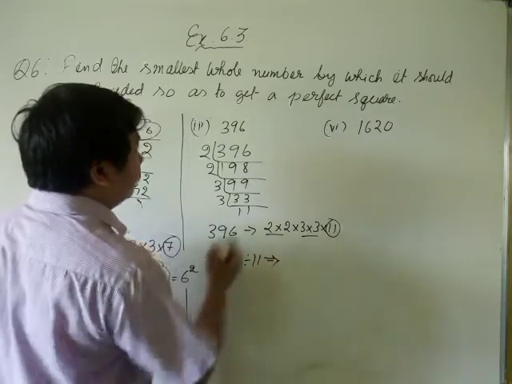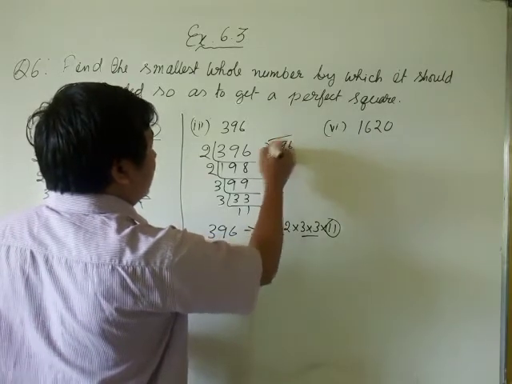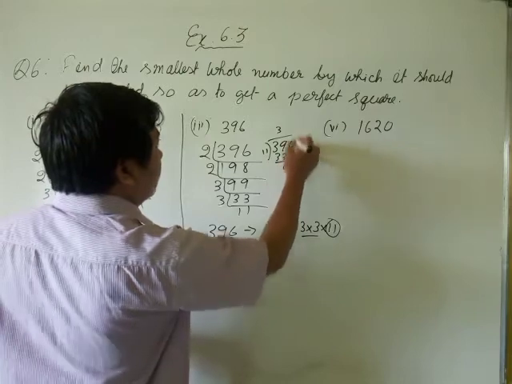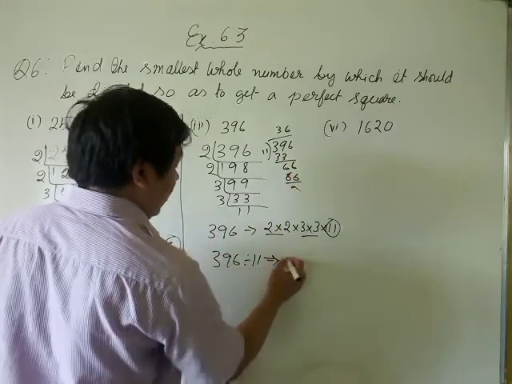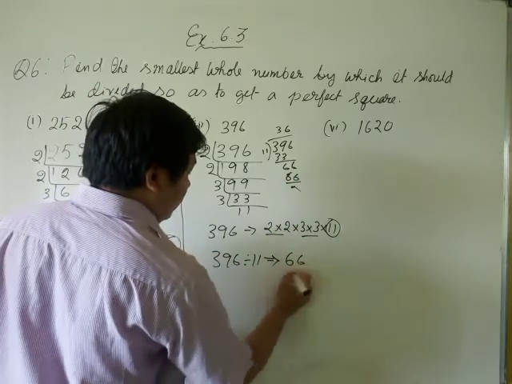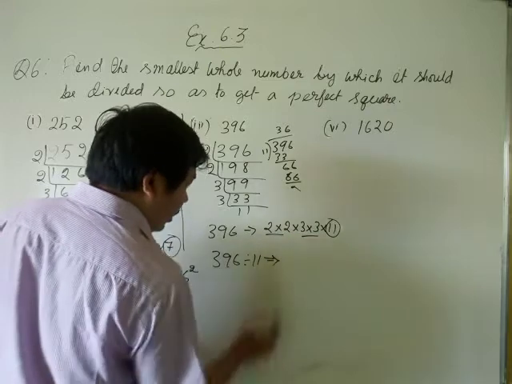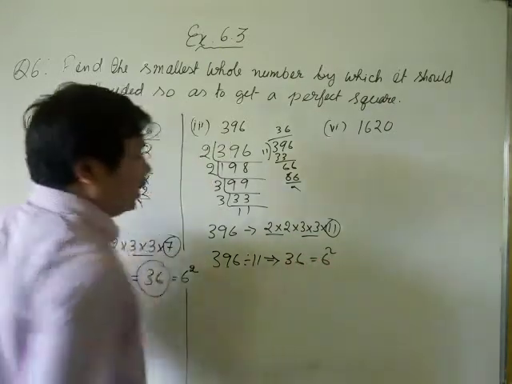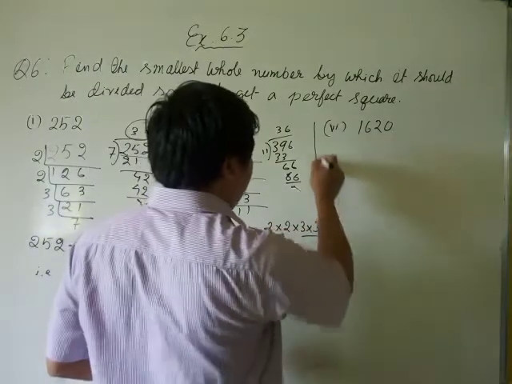Once again, if we divide 396 by 11, how much do we get? 11 times 3 is 33, and then 66. So we get 36. 36 is 6 squared. We get a perfect square, 36, isn't it? Same way, here also you see,